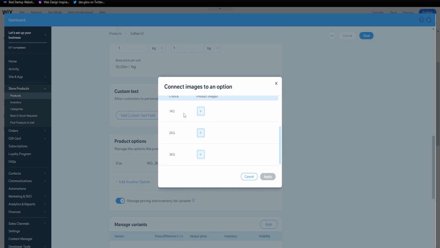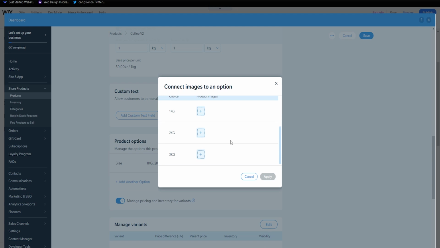So once you select 2 kilo, for example, the image of the product on the page that the customer sees would change to perhaps a picture of 2 coffee packages, so you can see that you will get more coffee. And once they click 3 kilo, maybe that would be 3 different packages. So that visualizes for the customer what option they have selected, and also helps them understand what